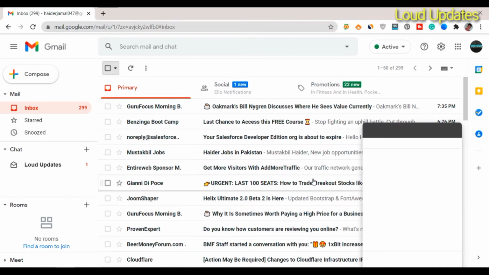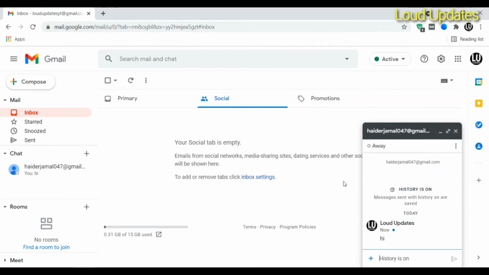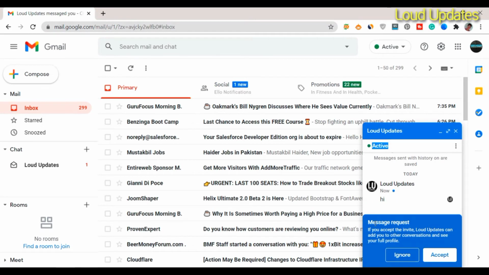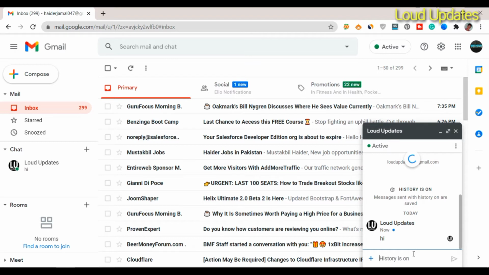Here you can see we received a request from Loud Update, so let's accept this. So here you can see Loud Update is active, and we received a message request. If you accept this invite, Loud Update can add you to other conversations and see your full profile.